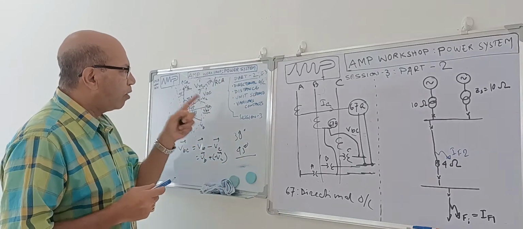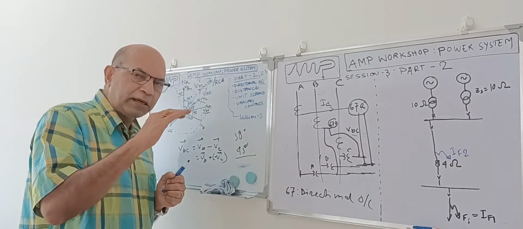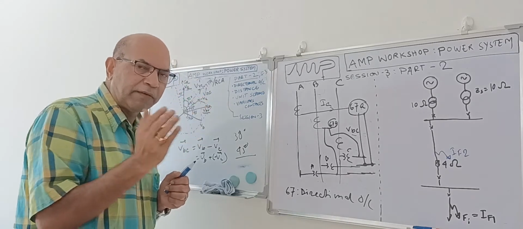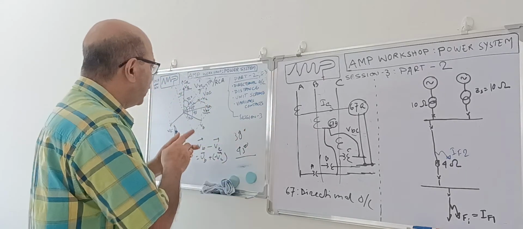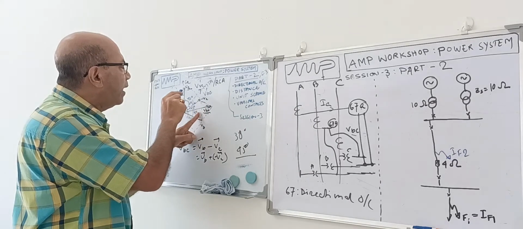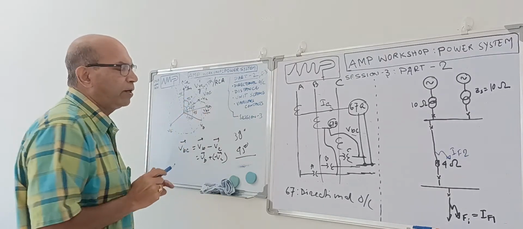That means at that time what will happen? This VBC voltage which is given to the relay, by making some internal arrangement, this VBC will be leading by 45 degrees from the normal VBC position, or it will be lagging by 45 degrees from the phase to neutral voltage of VA. So in this position, voltage will be applied to this.